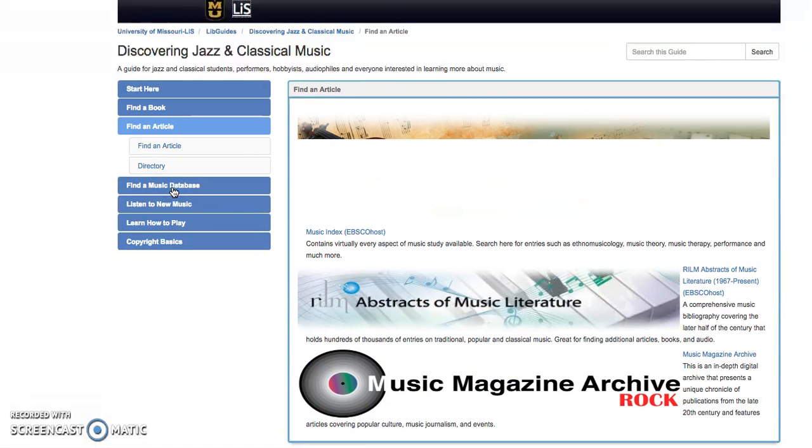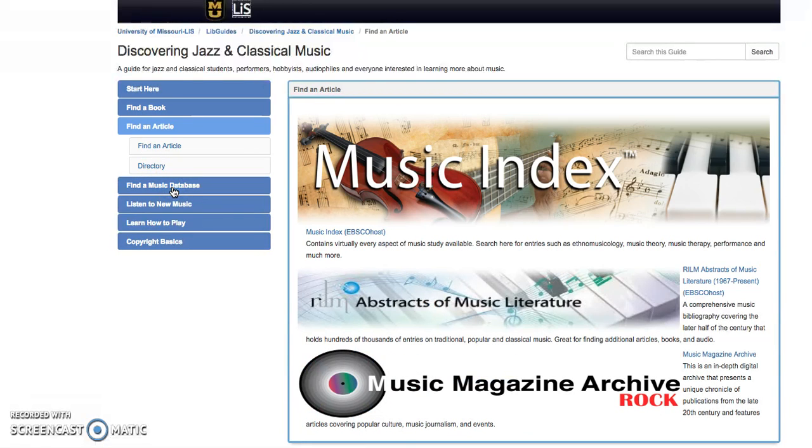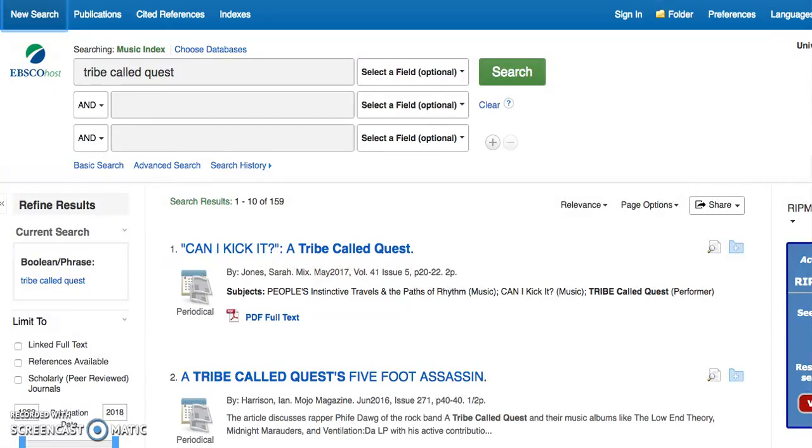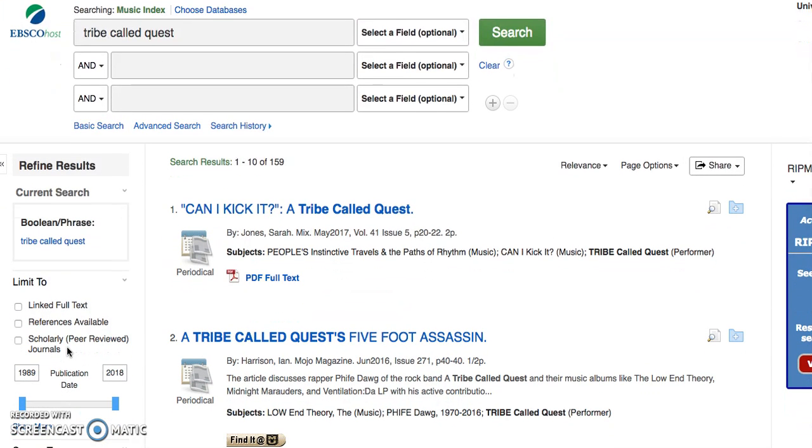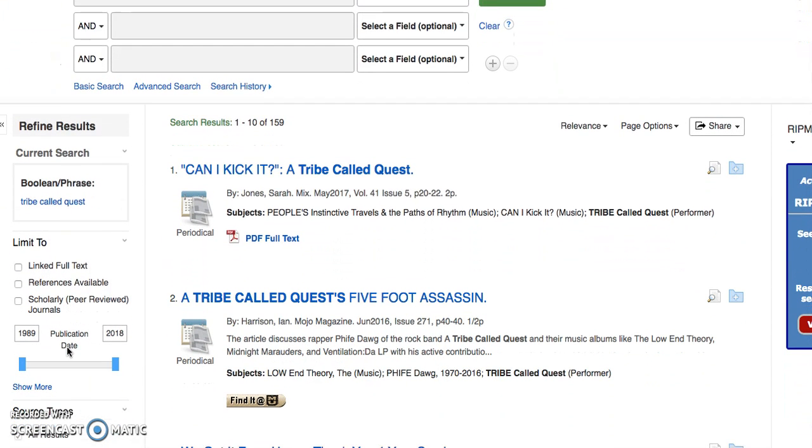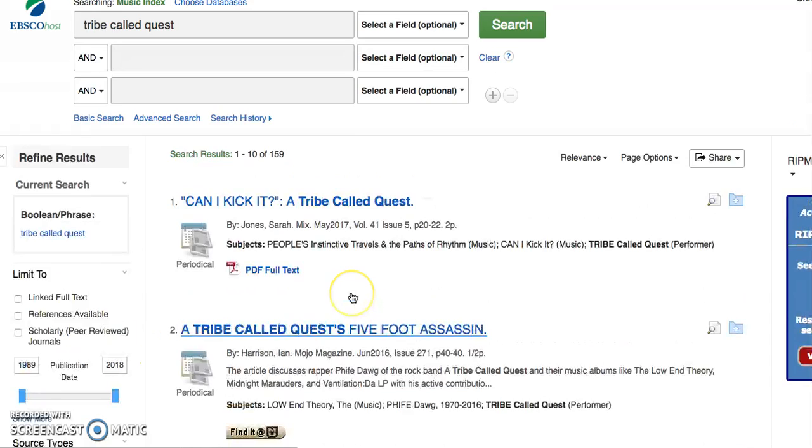Next, whether you're a student or an experienced player, information is power, so dive in and find an article or explore a database. For example, start at the Music Index by EBSCOhost and search by artist name. Refine your search results with the buttons at the left, from peer-reviewed to source type and publication and more. First rule of databases is always try more than one. When you're finished here,